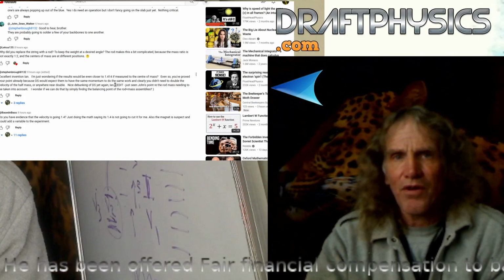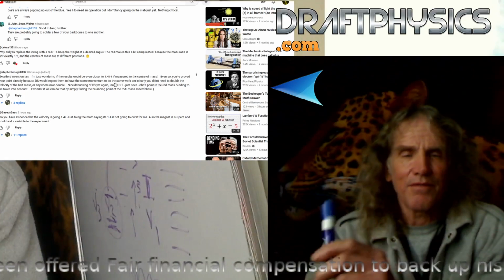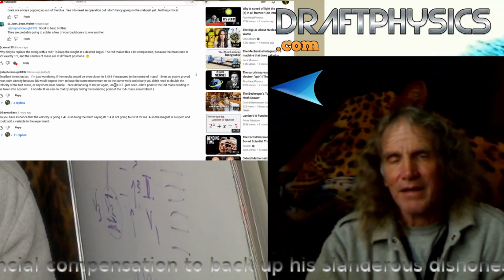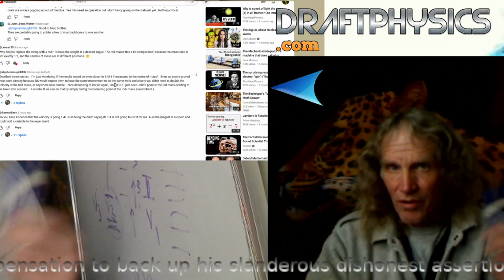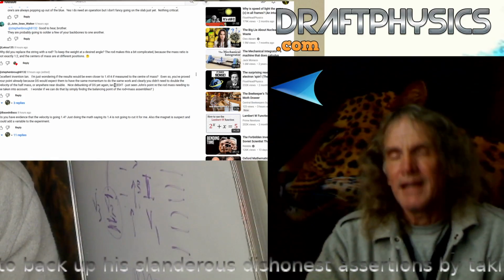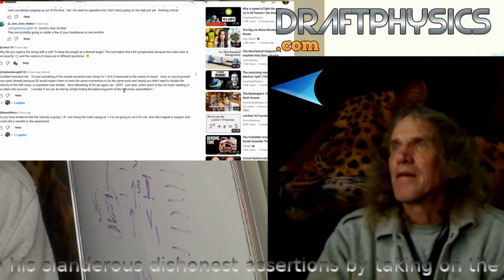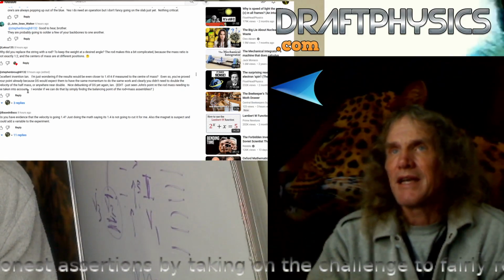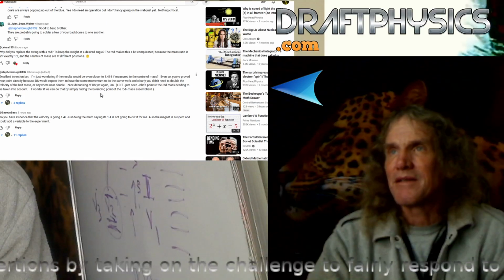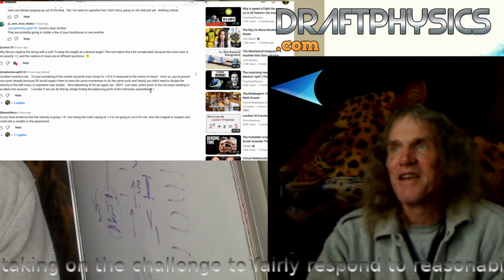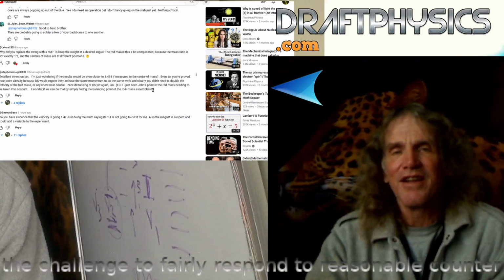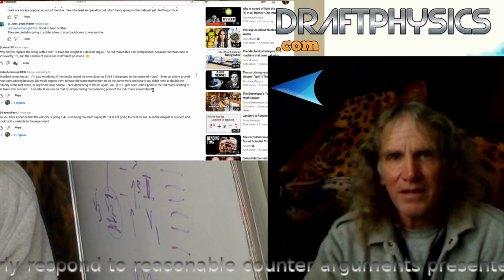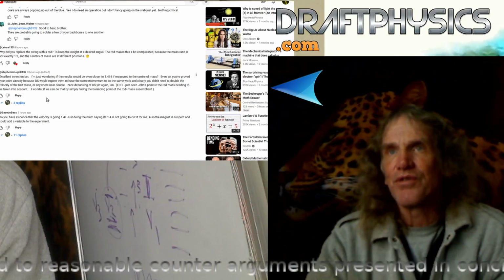So it has 2 flaws in it. First, he adds a stick that ruins the 2 to 1 relationship, and he's not accounting for the fact that magnets, like all the other forces moving the speed of light, is time dependent. All right, just seeing John's point regarding rod mass needed to be taken into account. I wonder if we can do that by simply finding the balancing point of the rod assemblies. Again, it won't do you any good. It won't change the fact that it's no longer a 2 to 1 relationship. You have to change the weights on the stick to recover the 2 to 1 relationship.